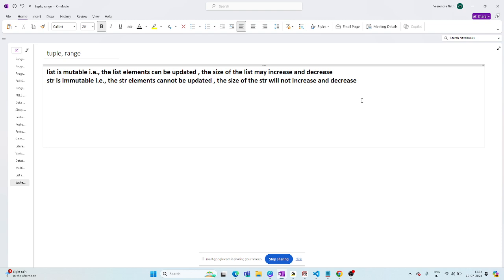So whenever I'm talking about mutability and immutability, it will be only for the collections. It will not be for normal single value types. Collections means sequences, sets also, dictionary is also there. So we will talk about mutability and immutability for them only, not for the single types. Yes, clear? The idea is clear? Okay.